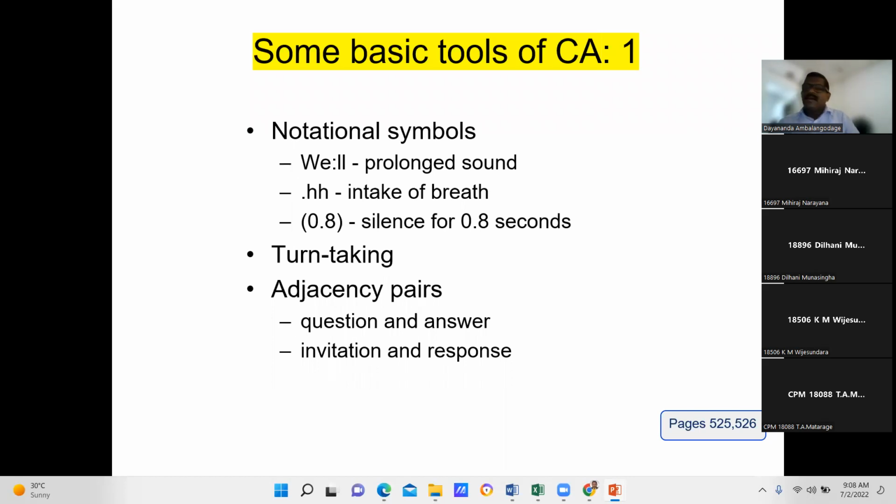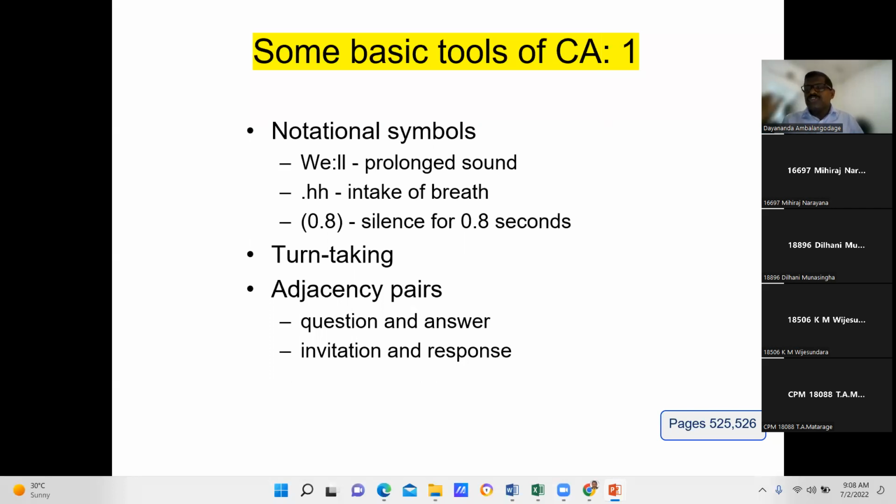Turn taking means that at a time only one person can speak. Turn taking, one speech at a time. But while turn taking, we can give a small push, saying yes and nodding the head to the person,